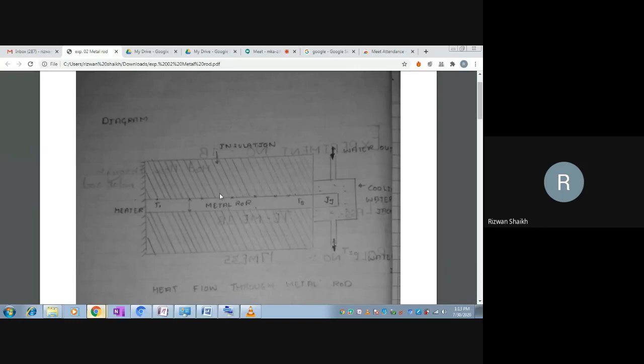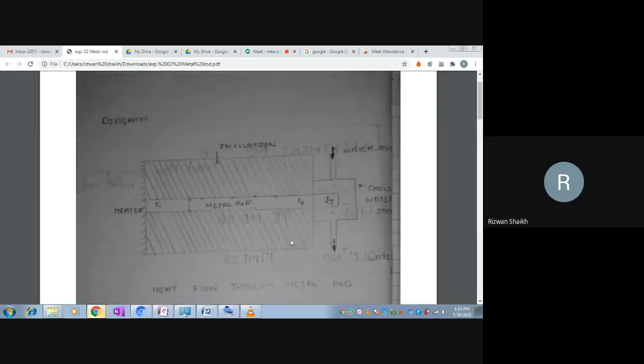Now, in order to maintain the equilibrium condition, we use insulation so that whatever heat we supply through the heater flows in one direction instead of the other direction. This X direction we consider. In the Y direction, we have an insulation material, so no flow of heat will take place. Though some heat will flow, that amount we are neglecting. So Q, the amount of heat from the heater, is equal to Q conduction plus Q convection plus Q radiation. So both will get cancelled and conduction we will consider. That we'll see in the calculation part.